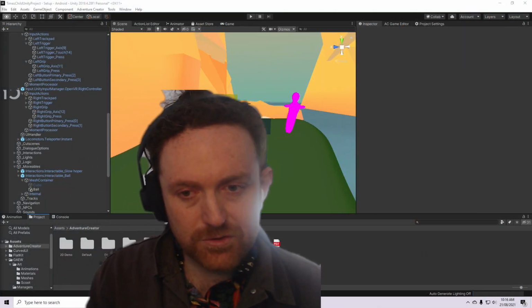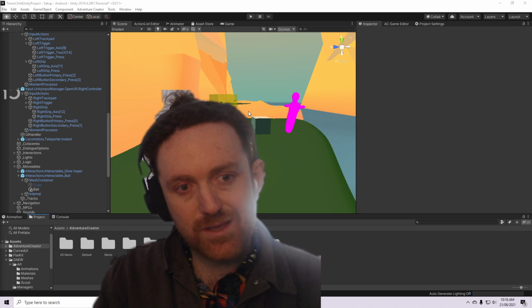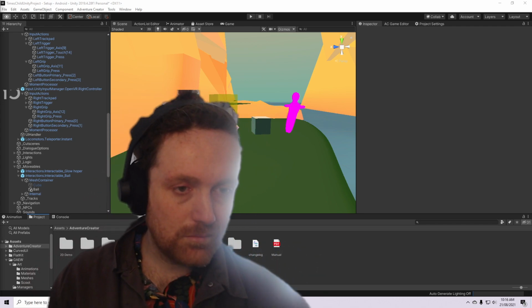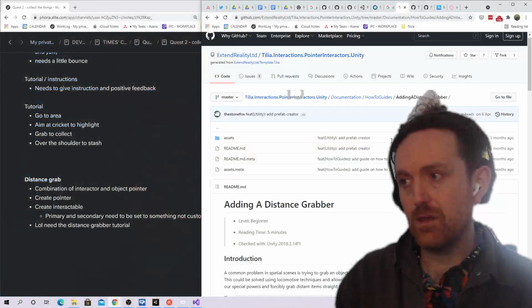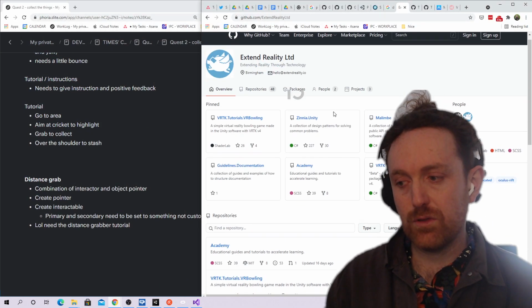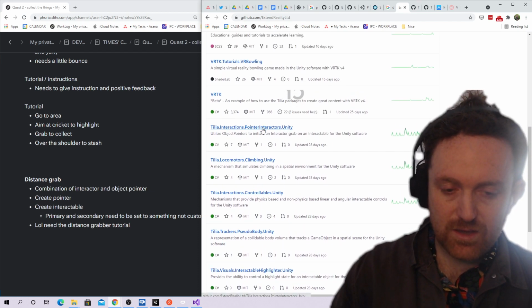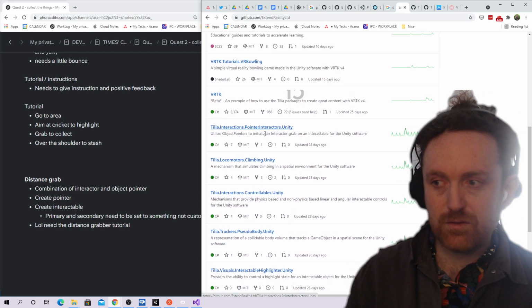Hey guys, so I'm just going to show you how to use Virtual Reality Toolkit, VRTK, and the new Tilia system to do distance grab. Virtual Reality Toolkit can be found under Extended Reality on GitHub. And the Tilia system is VRTK 2, 3, and 4, all the best stuff of it boiled down into